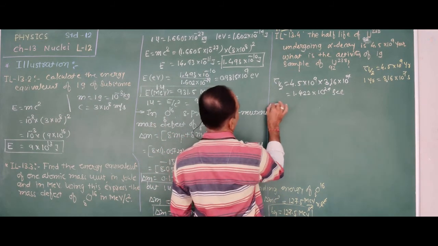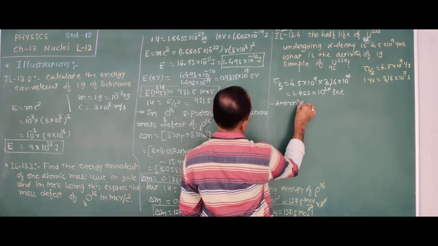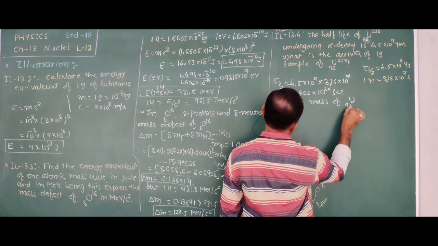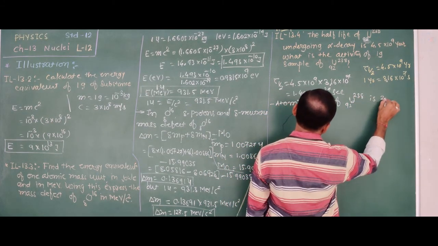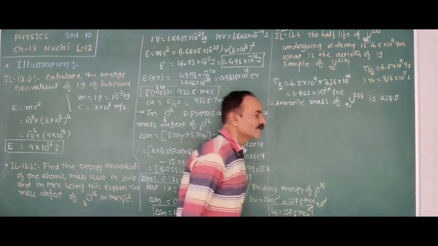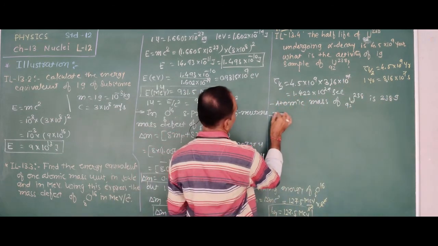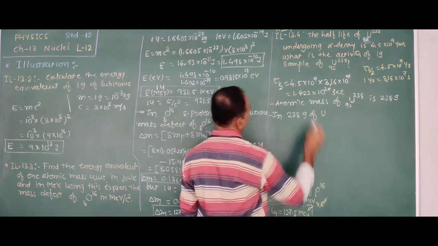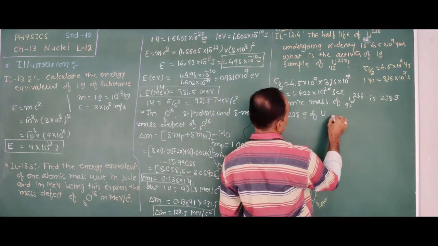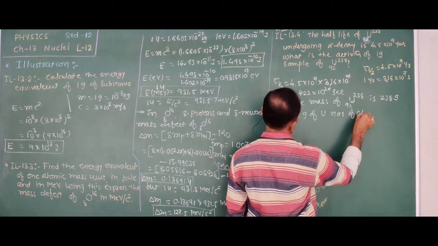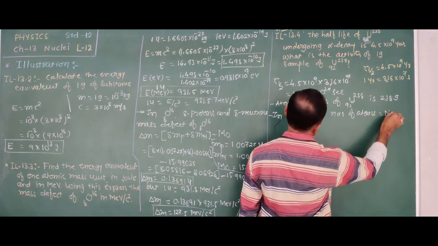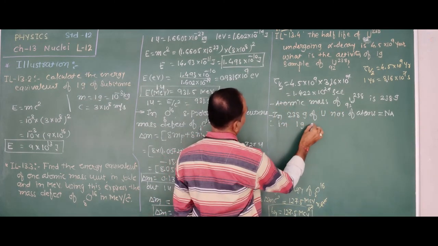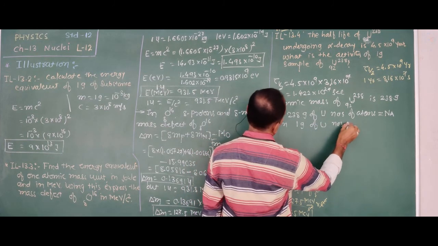For that purpose, the atomic mass of uranium-92-238 is 238 gram. Therefore, in 238 gram of uranium, the number of atoms is equal to Avogadro number, Na. Therefore, in 1 gram of uranium, the number of atoms